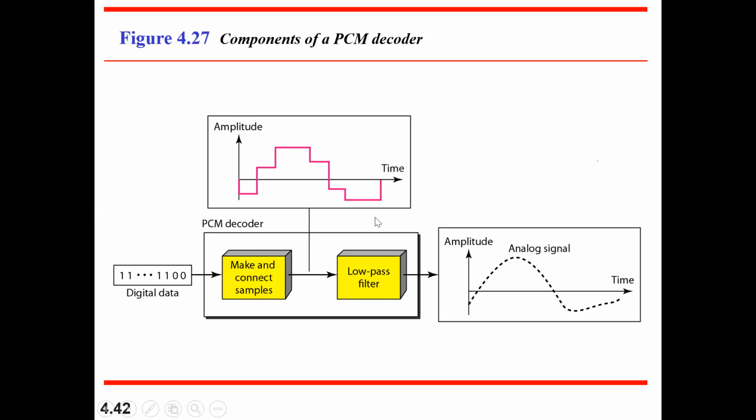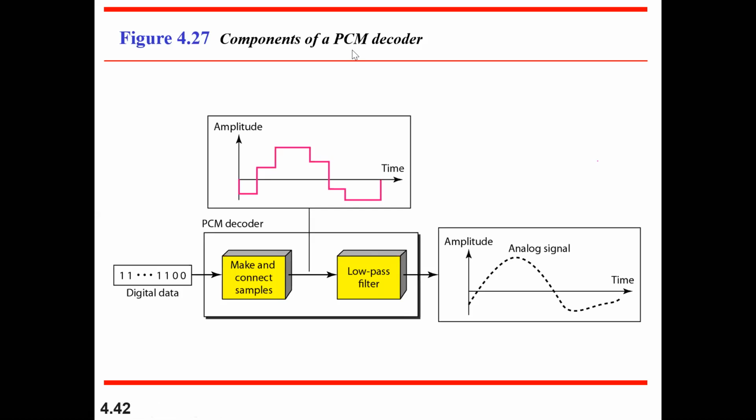So the PCM encoder consists of 3 blocks: sampling, quantization, and encoding. Quantization is nothing but normalization. You just keep that in your head, normalizing the values. The next level is with respect to your encoding. So 3 blocks were there. Here with respect to your PCM decoder, digital data will be coming. From this digital data, you need to convert it to an analog signal, because the analog signal is the input signal that you need to transmit to the other end.